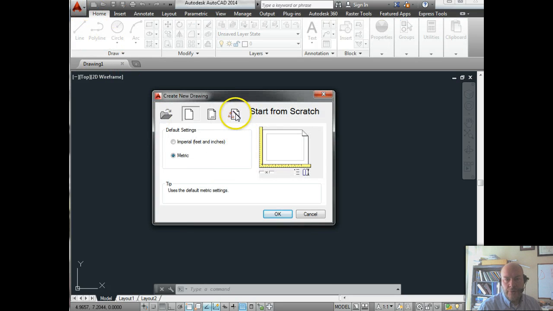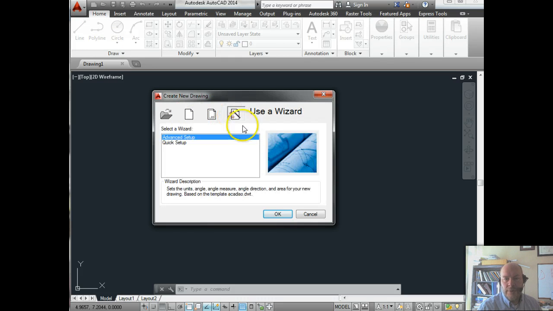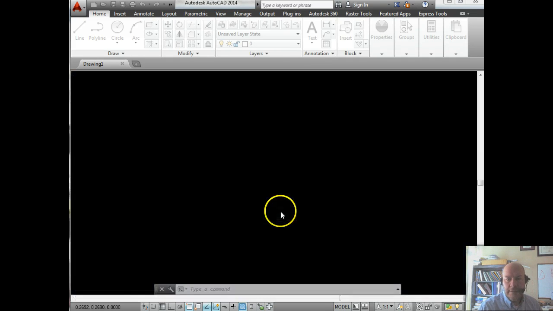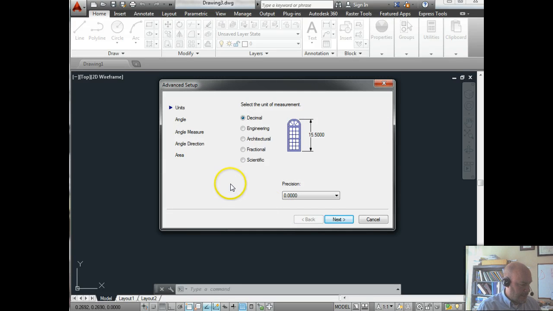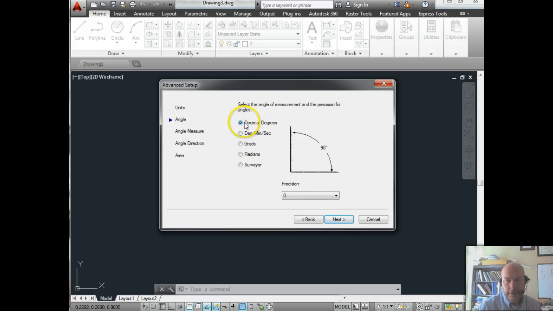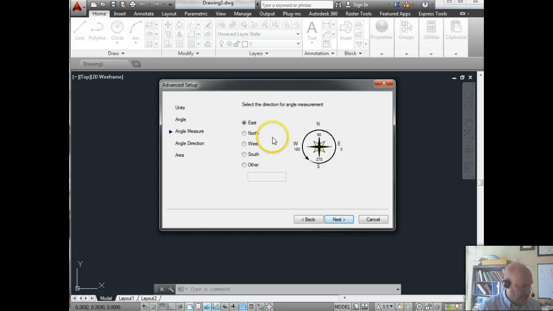And a new drawing we want to do by wizard. So the first thing we had to do is set this in metric, so then our wizard will also be creating a metric drawing. And in this case we want to use advanced setup. And then it says in section 4 we want a decimal. Precision we want to be 0. And then next, decimal degrees we want precision to be 0. Measured from the east